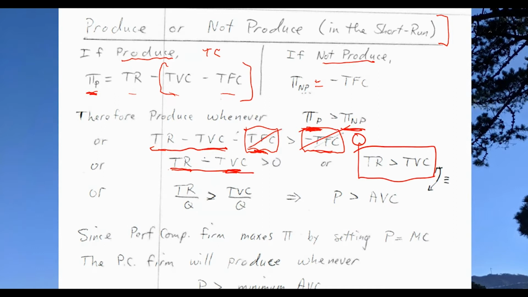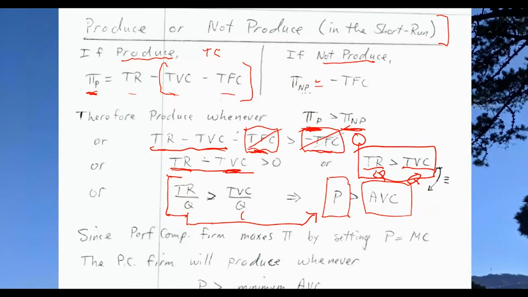total variable cost. But since we're graphing everything in average terms per unit and relative to quantity, let's take total revenue divided by the quantity here. We're going to put a Q there, and a Q here, same Q in both instances, that should be the profit maximizing quantity ideally. Then you're going to determine that TR over Q is equal to the price in this particular market, because total revenue is equal to price times quantity in the case of a perfectly competitive firm. Okay, and that's got to be greater than total variable cost divided by Q, which is the same as average variable cost. Okay, so this term becomes this one, this term becomes this one, and we have another